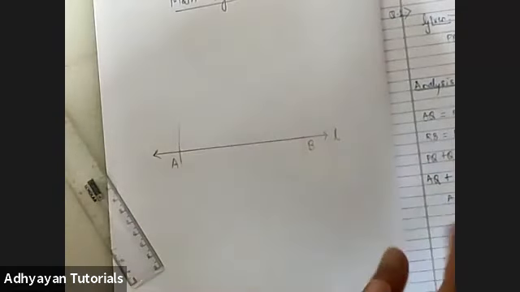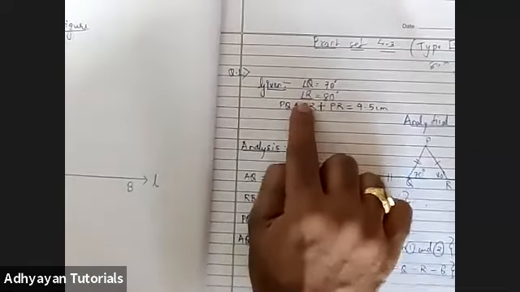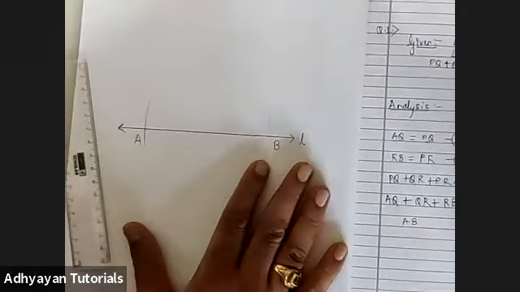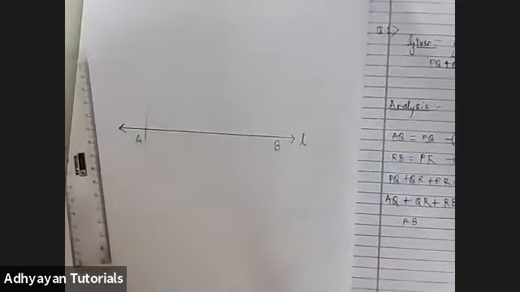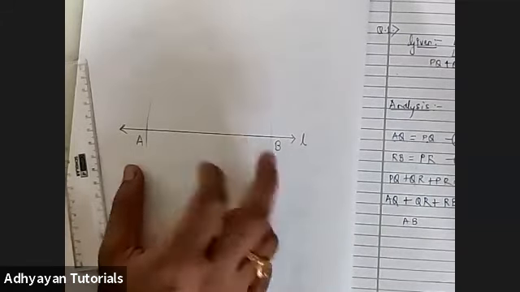Now does anyone remember what we needed to draw? We needed to construct triangle PQR. But if you look at the main figure, we got two points A and B, which are not even related to PQR. So how do we locate points P, Q, and R is my question.